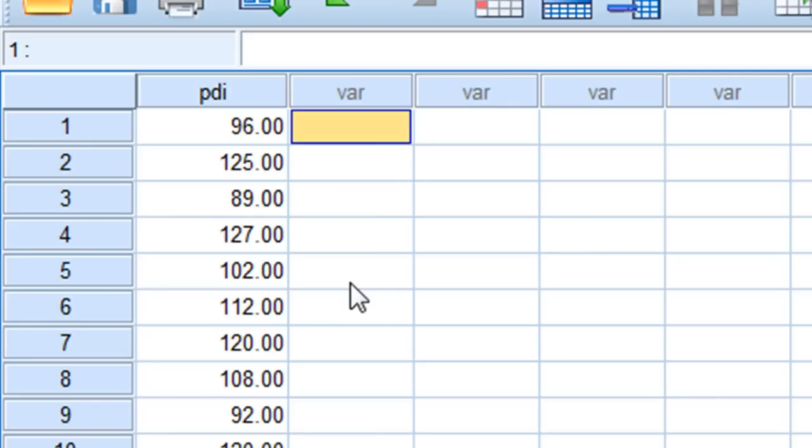For this example, we're going to adapt this from Howell. I'm going to change the example a little bit. But assume that in the population, the average PDI is equal to 100. Now, that's going to be our null hypothesis. For this particular sample of 56 infants, imagine that we gave them some kind of developmental task. So we gave them some kind of training, and we think that that training is going to boost their PDI scores. So the question we're asking is, do we have evidence to suggest that this particular sample of 56 observations